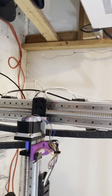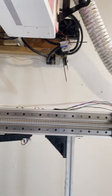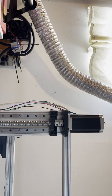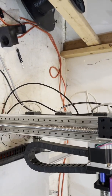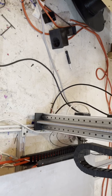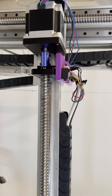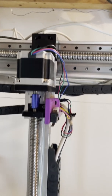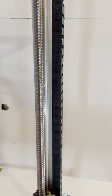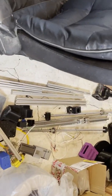That's a big change. This is really the biggest change right here. I switched to an all-in-one type of system for both the Y and the Z. The X already had that. I wish I would have just done the rest of them all at once, but you know, you live and you learn. So instead of having basically all of that on there,